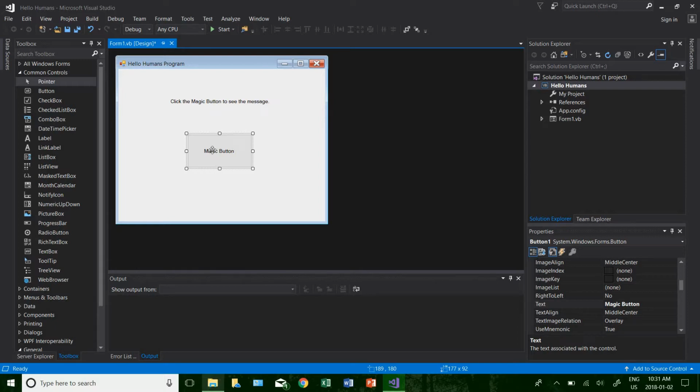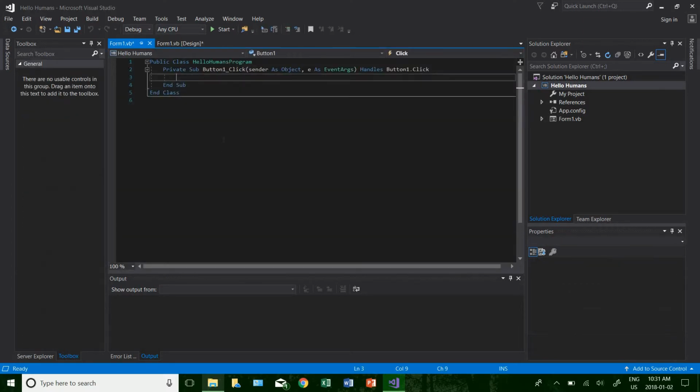Okay, so what I'm going to do, the only thing I want to do is when this button is clicked, I want it to create a message box that says hello humans. So I'm going to double left click the button, and now what happens is a new tab opens up,